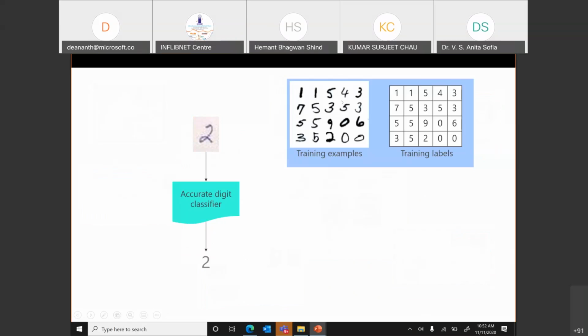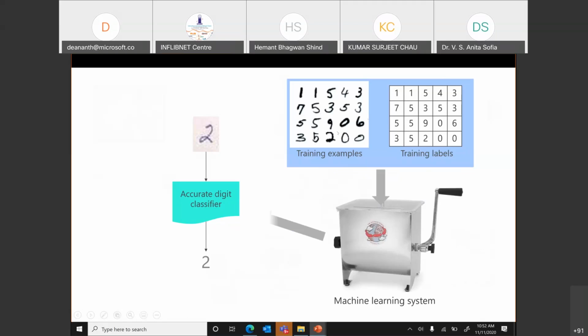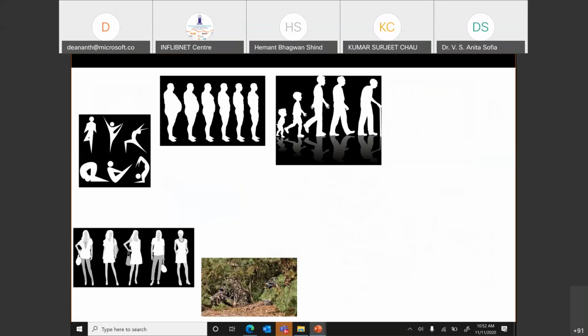For example, you can see 5 in the first line. You can see the 5 in the second line, which is more tilted. You can see two 5s in the third line, one which almost looks like an S, the other one which is broken. You can see a 5 in the fourth line where it is almost touching, the 5 is not very clear. Now, once it has been given some samples, it will understand, and then it will go and do the needful. The complexity actually comes in when you have to do the same thing with images.